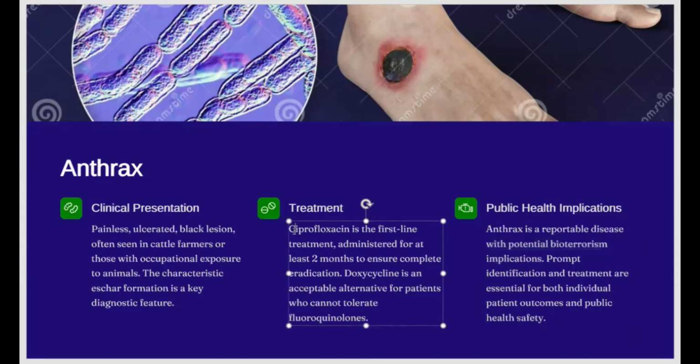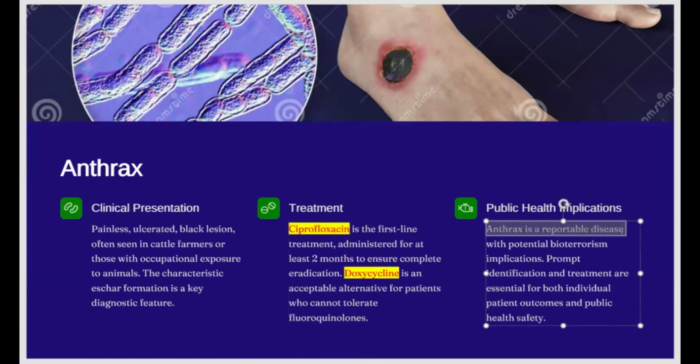The treatment here, remember, is our AC and DO: anthrax, cipro, anthrax, doxy. Everybody's anthrax treatment is cipro and doxy. If you don't give them cipro, you give them doxy. It's a reportable disease